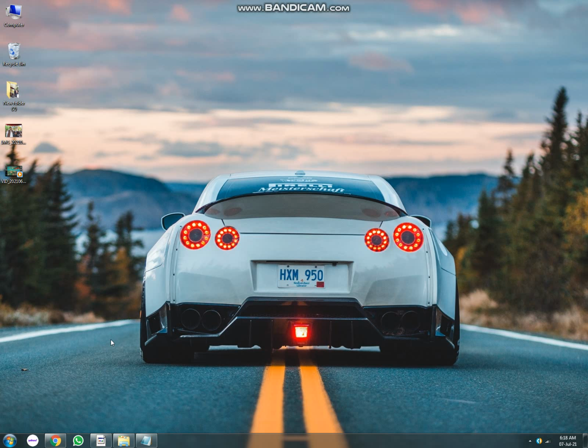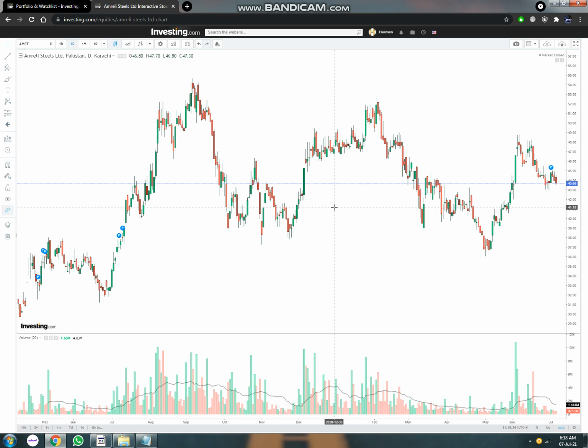Now to trade effectively in the stock market you must recognize your own method of how you trade effectively, and also you must recognize different areas in a chart pattern. In this chart pattern I might say that this area is a buy zone. You can see that there is a support level right here. So at this point,